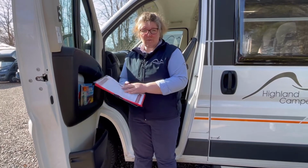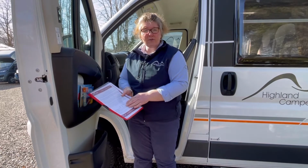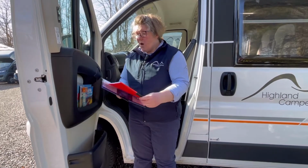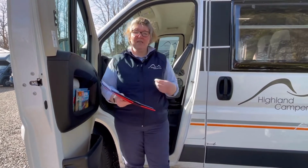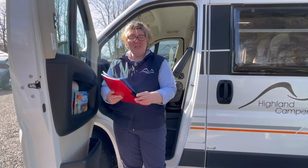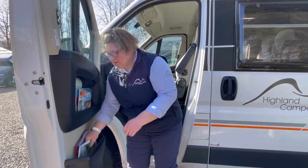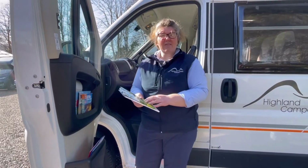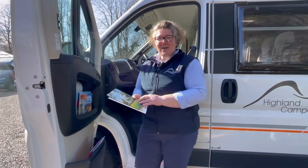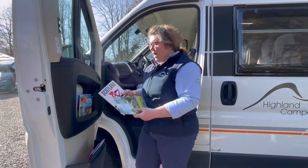We have a welcome pack with lots of interesting information about using your van, and importantly it also has emergency contact numbers should you need to get in touch with us. Also in this vehicle is the vehicle specifics, so everything that we discussed today will all be down in paper copy on the van, so should you forget, you need a quick reminder, you can sit and have a quick read through that. Also in here we are a member of the Camping and Caravan Club privilege scheme. You'll get some discounts off your campsites, and all the information you need is in here, and also a Scotland